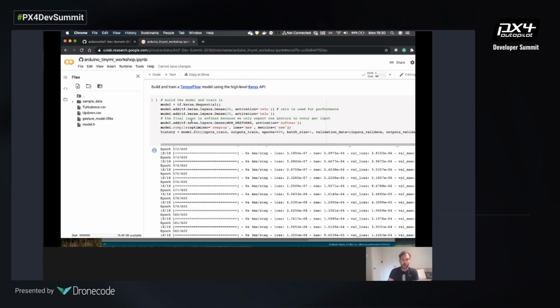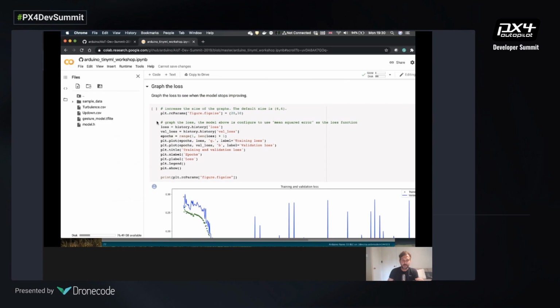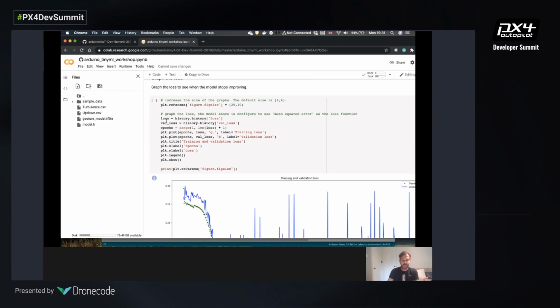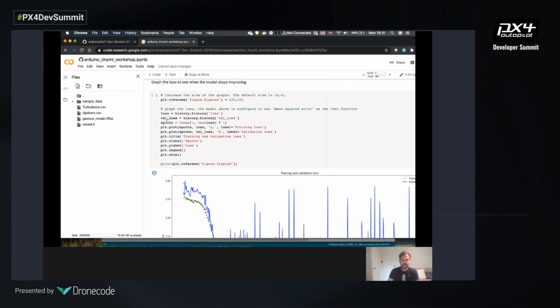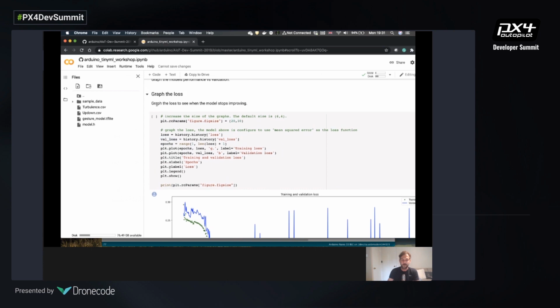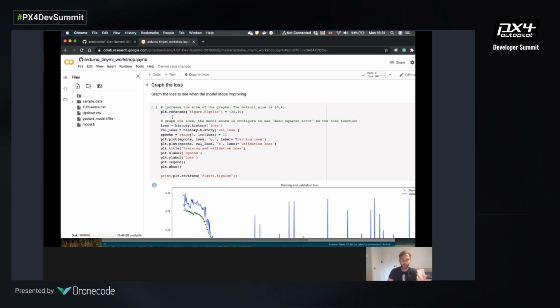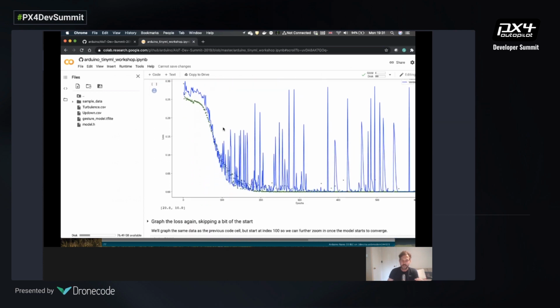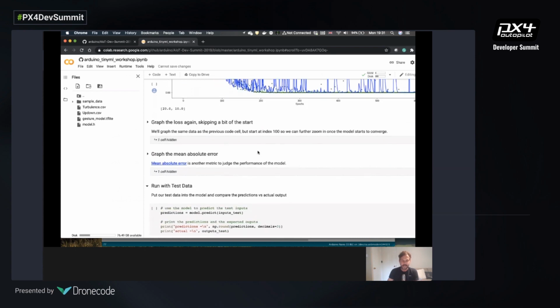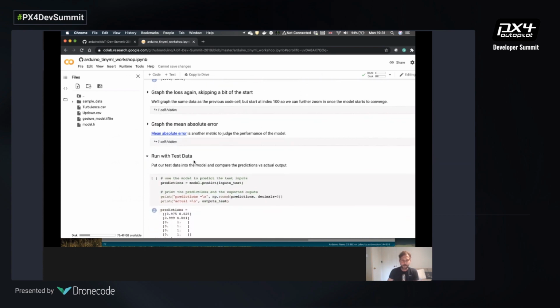This doesn't take too long because it's actually running on the GPU, on a big beefy GPU. And then what you could do here is actually the Arduino team has done a really good job by showing you some of the really interesting data on the loss function, for example, that can give you an idea of how well your model is performing. So you can see here the plot of the loss function in my case.